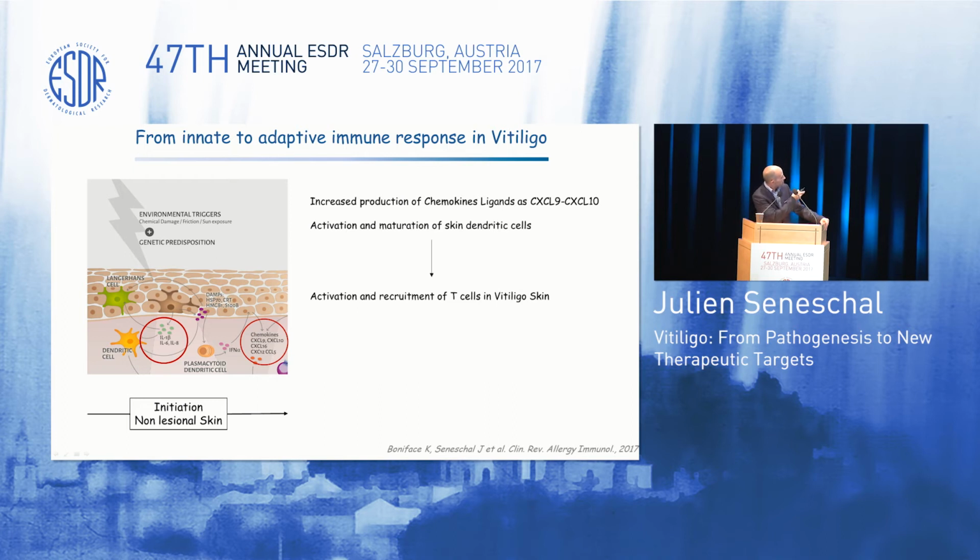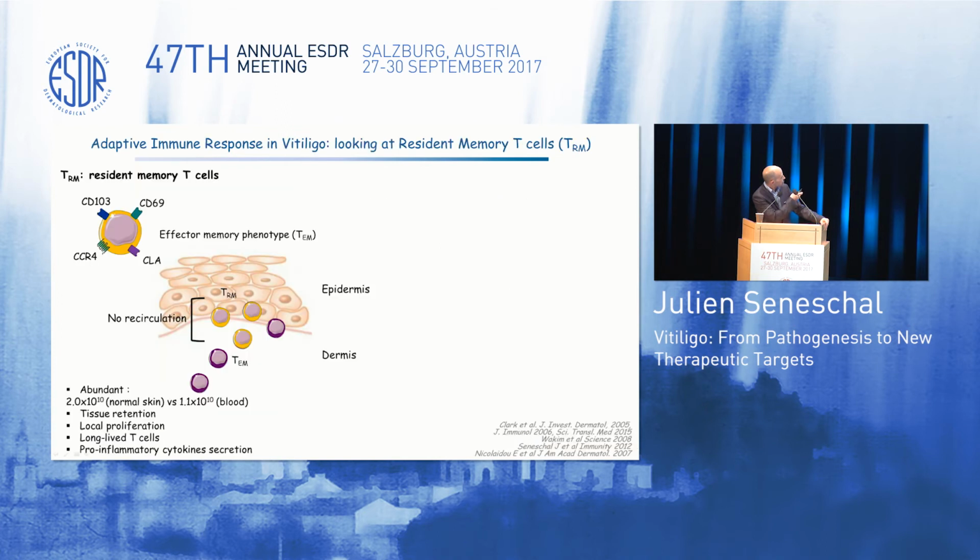And they found that these cells express CD103 and CD69, and they are very abundant in the skin. They are retained in the skin. They can proliferate locally and probably have long-lived T cells, and are associated with a first line of defense of the skin. But the presence of resident memory T cells in vitiligo is suggested by this paper,